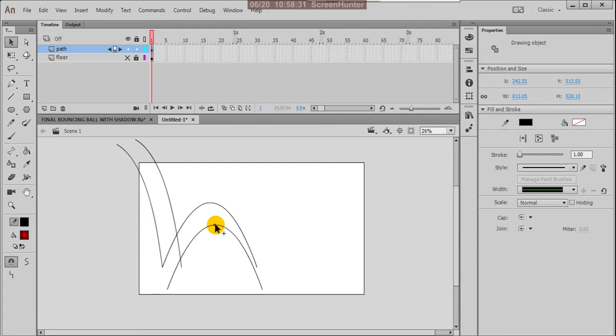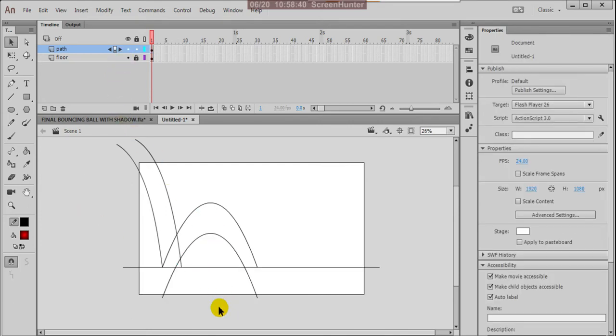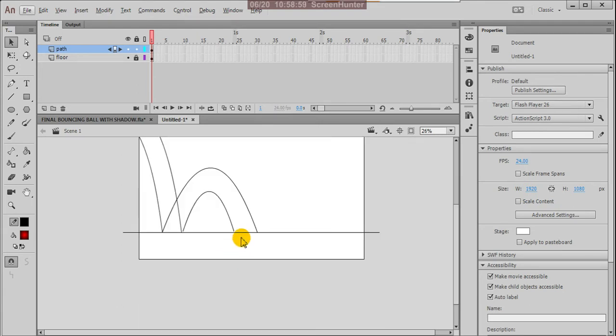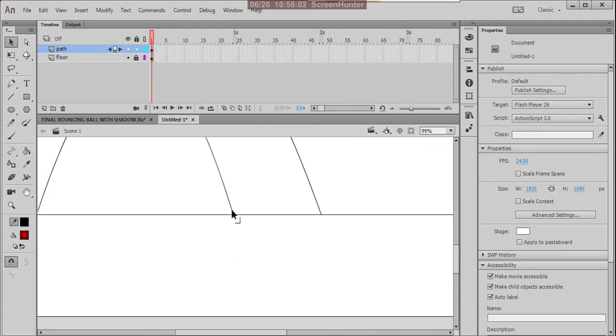Yes, then you can adjust these levels as per the thickness. Okay, so you can zoom this and do it properly.